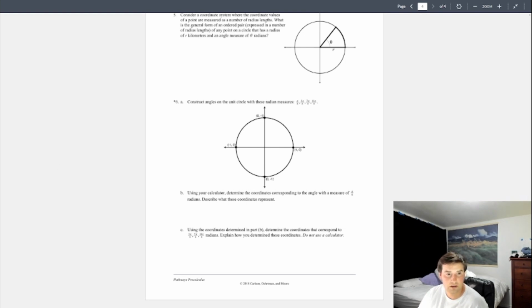Sine 5 pi. Oh, 7 pi. Did I do that for the last one? I put 7 pi, right? 7 pi divided by 6. Negative 0.5. Okay, let me just make sure. Okay, so it's halfway down. So it's